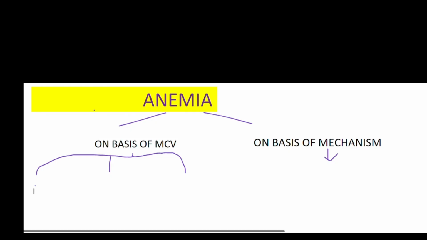Our topic of discussion today is anemia and its classification. We basically classify anemia according to the MCV or according to the mechanism. On the basis of MCV, anemia can be classified into three categories known as microcytic, macrocytic, and normocytic. So let's first discuss each of them